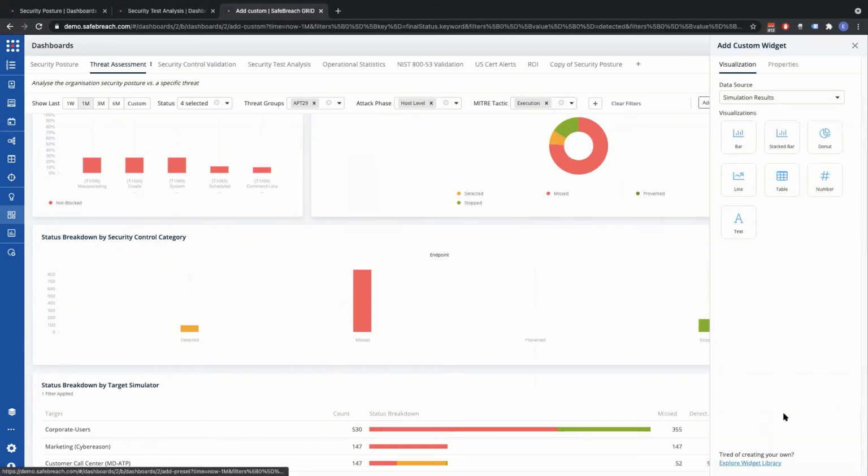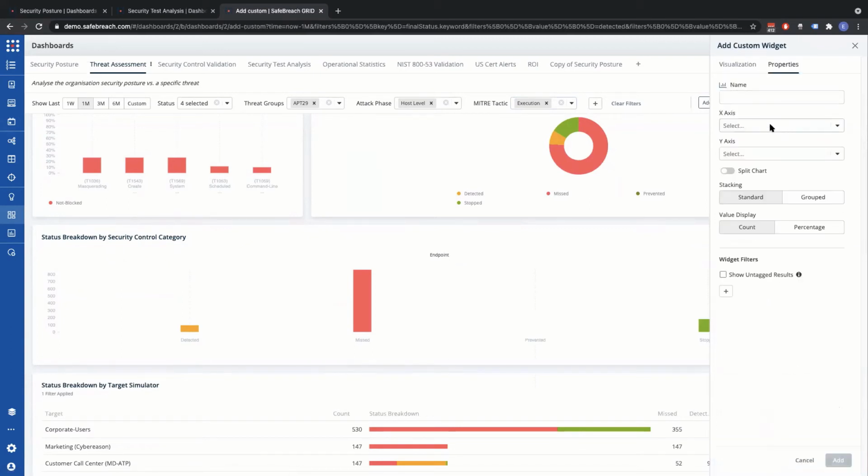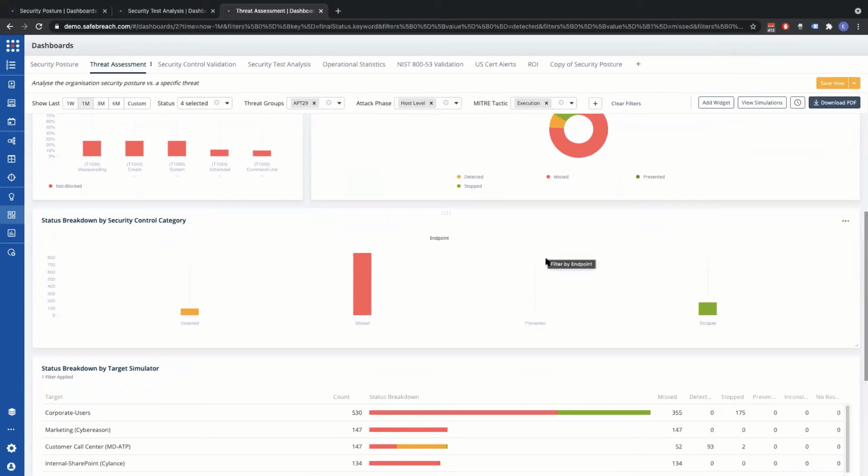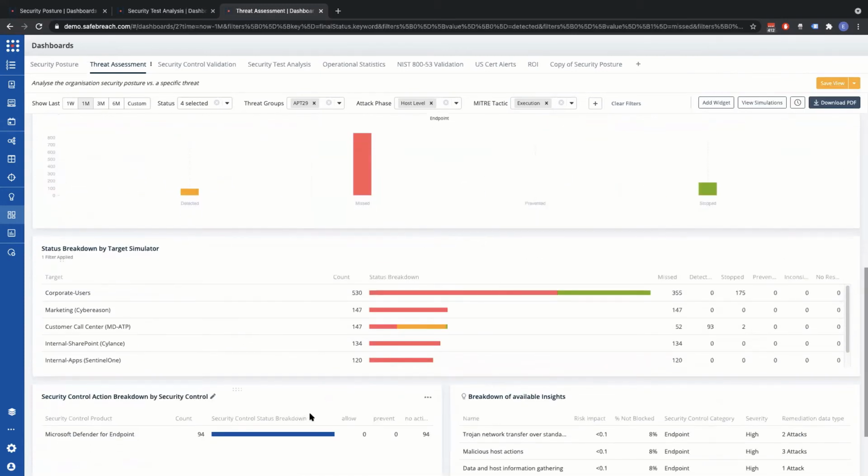You can create your own if you want. You have all of the relevant fields and so forth. You can go into MITRE sub-techniques and add that other layer of depth if needed. And then we can take a look at some of the simulations and see why our endpoint isn't protecting us